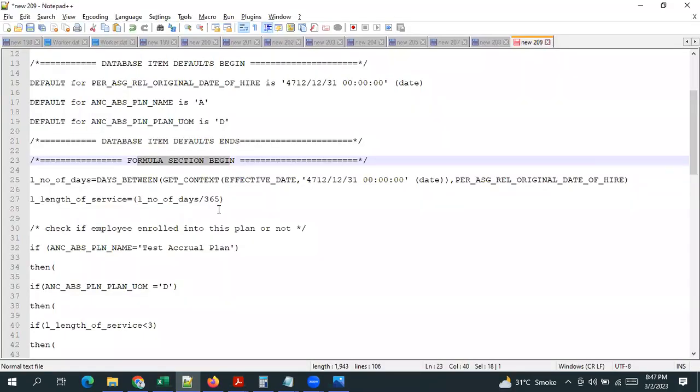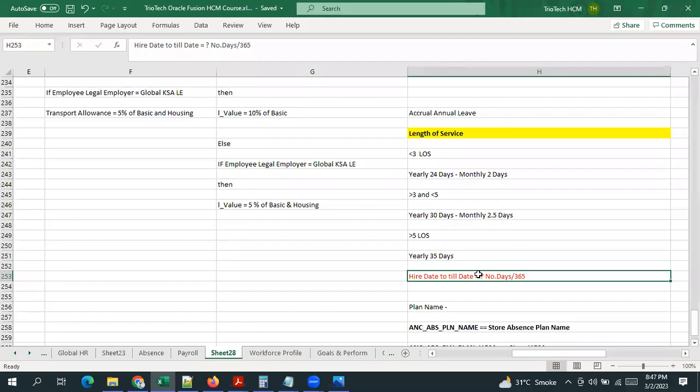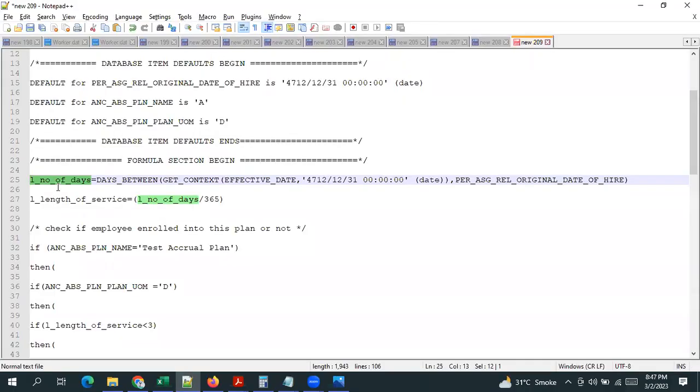For that, team, see here, I'm writing a logic. This is a local variable I'm going to use, L_number_of_days. First, I want the total number of days that the employee has been in the organization. That I am writing here. L_number_of_days is equal to days between, where I'm using a function, get context effective date, and relationship hire date. So between days between the original hire date, this is a DBI which is going to store the employee hire date,